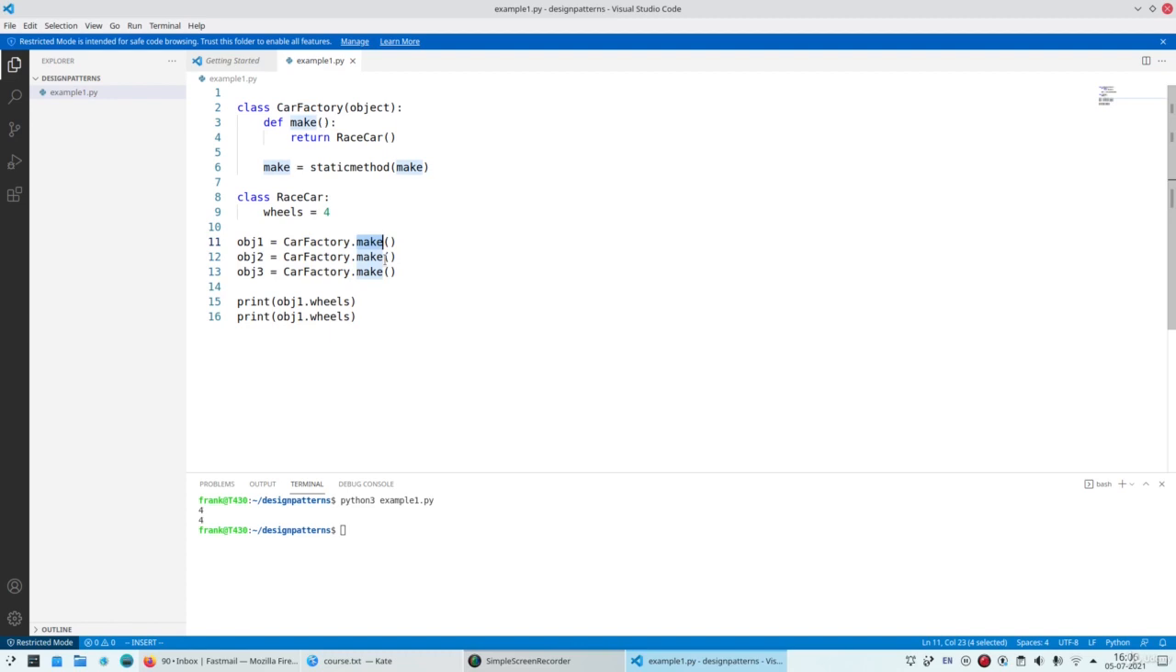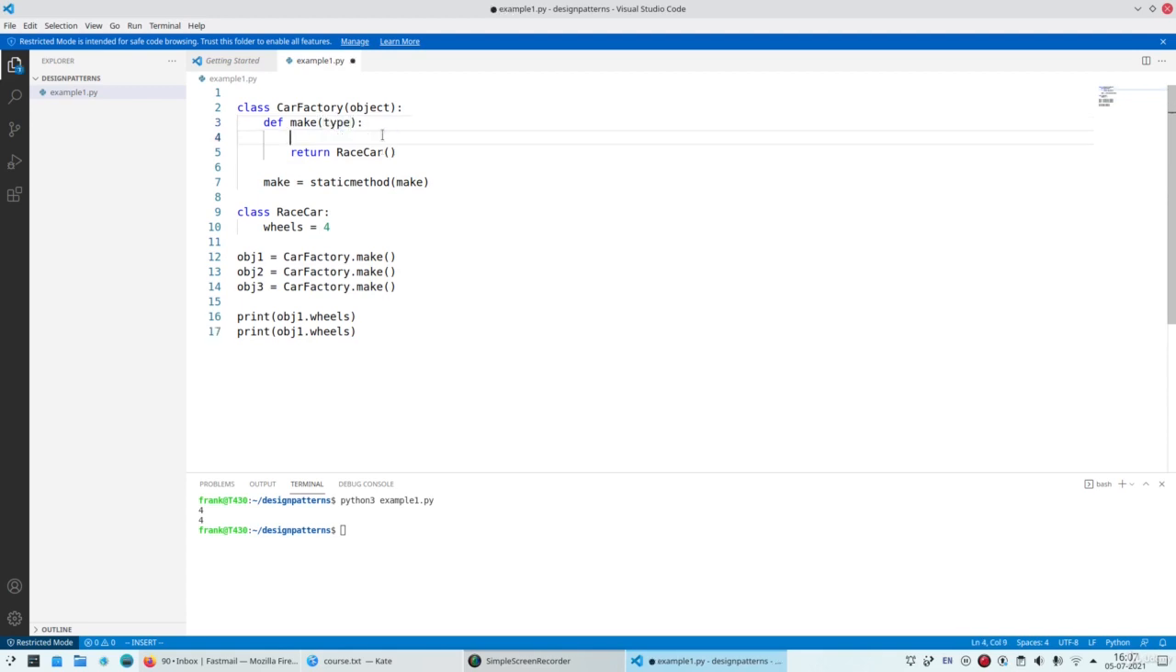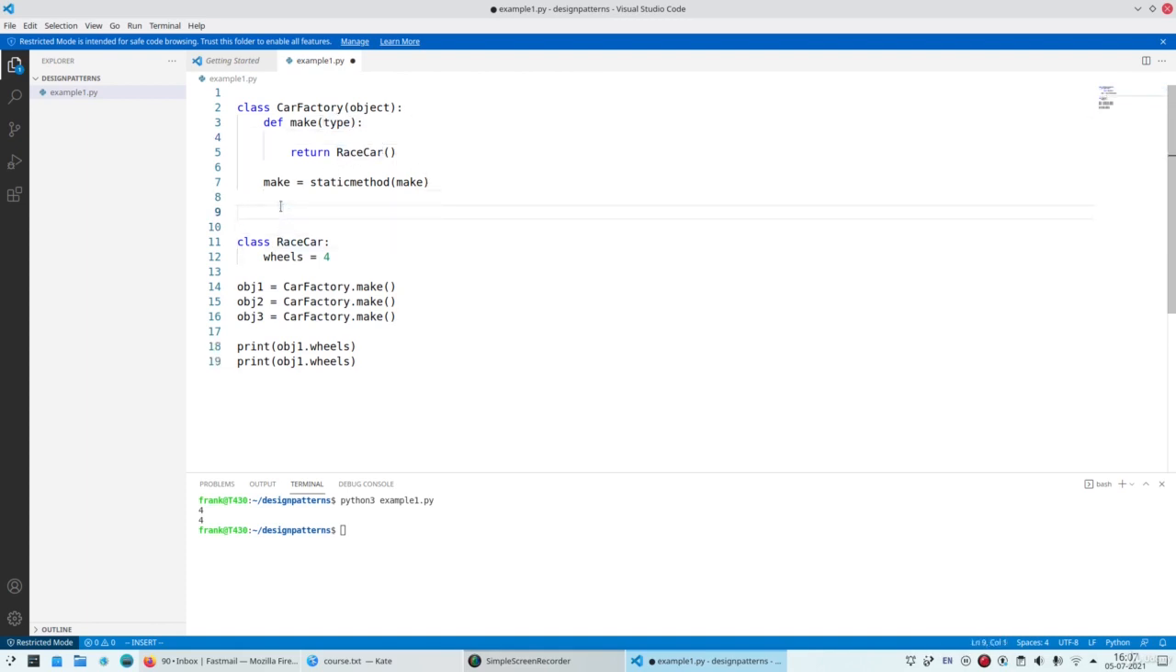Well, for one, a method can take parameters, so you can easily create different types of objects. So for example, you can specify which type should be given, and then based on the type variable, return different types of objects. So for example, we can have a class bus,